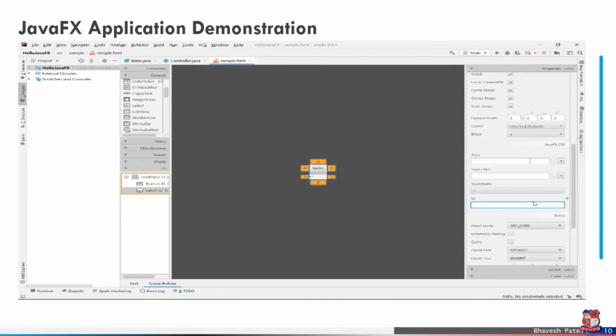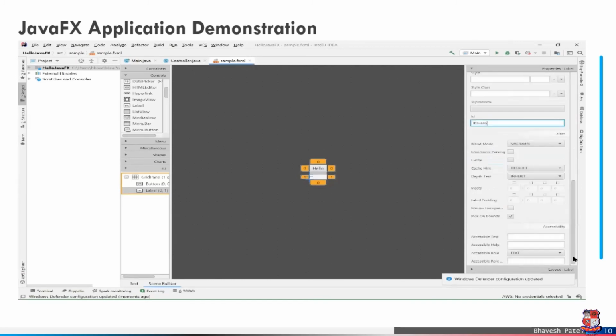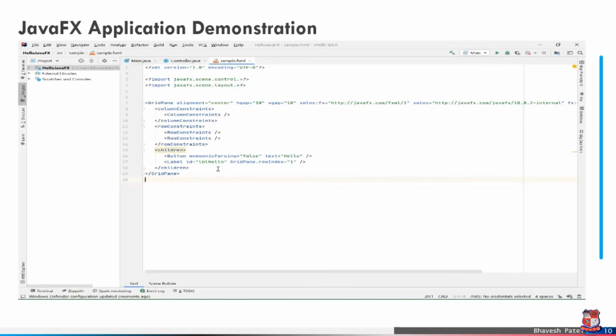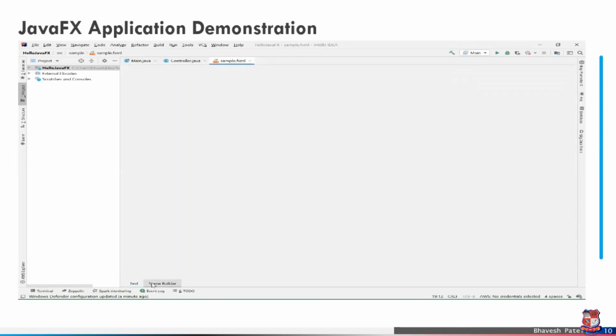Set the fx:id for the label, lbl hello, and also for the code file, the controller. See here in the text output, it is fx:id, not just id.